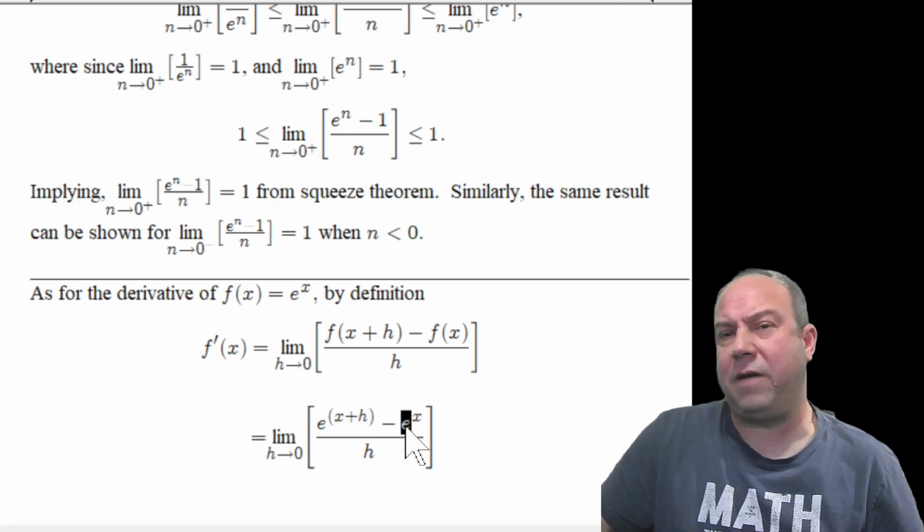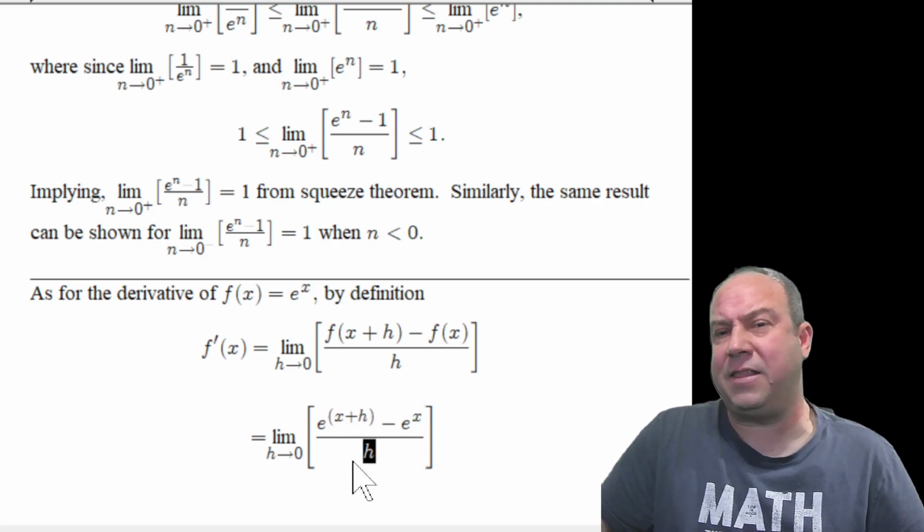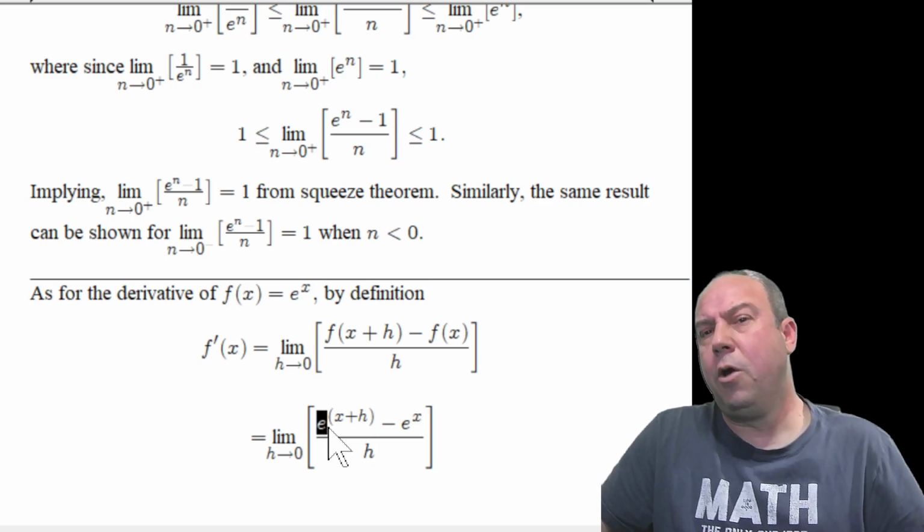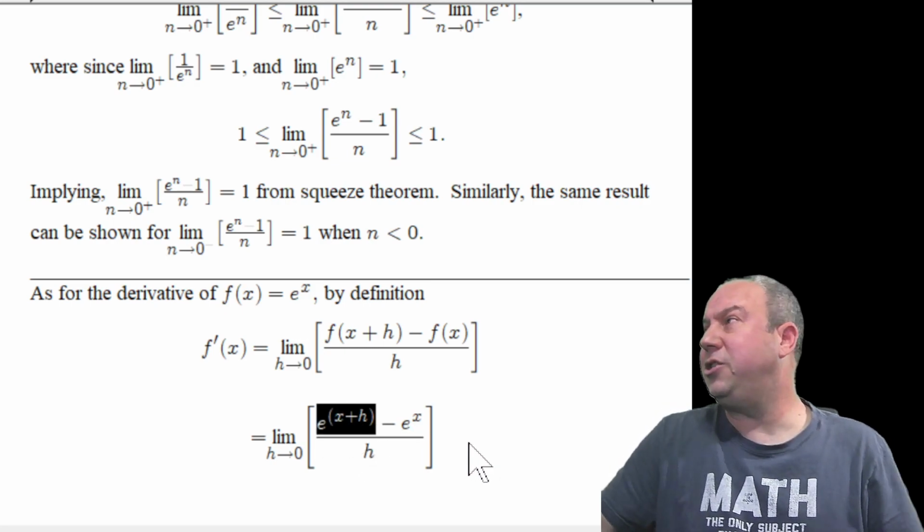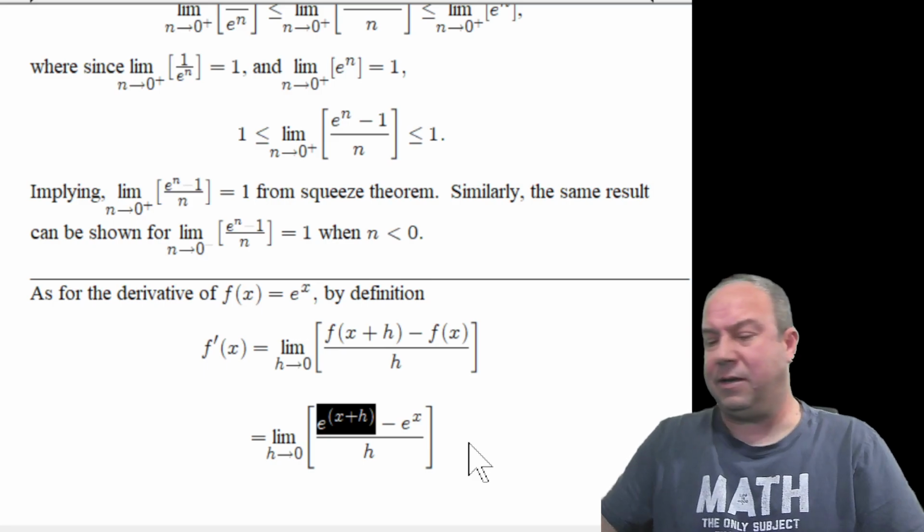And we're going to take away from that f, which is e to the x, and divide that all by h. Where e to the x plus h can be rewritten